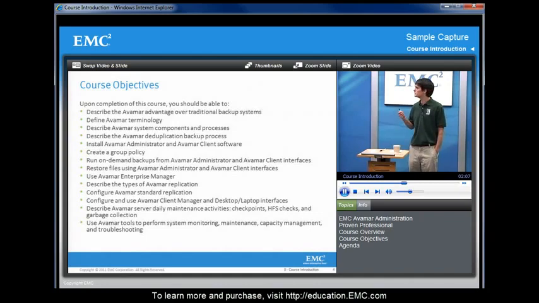We're going to learn how to install the different Avamar software. There's the Avamar Administrator console that you would use to administer an Avamar server, and also the Avamar client software that is used to back up Avamar clients. We're going to perform on-demand backups and also restores. We're going to use Enterprise Manager. It's just another GUI